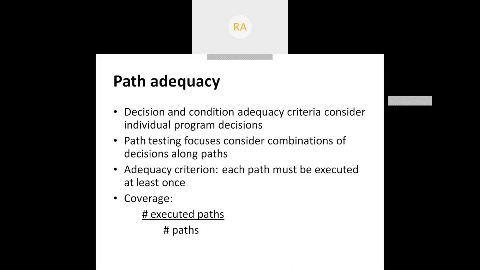You have to design or generate the test cases in such a way that the number of paths available in the source code can be exercised at least once. And how do you arrive at a certain quantitative measure for this path testing? We have a formula here, coverage measurement: number of executed paths divided by total number of paths times 100. That will give you the coverage associated with path testing. You have to express it in terms of percentage always.